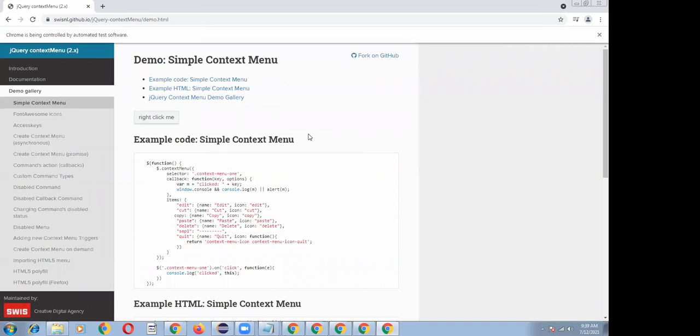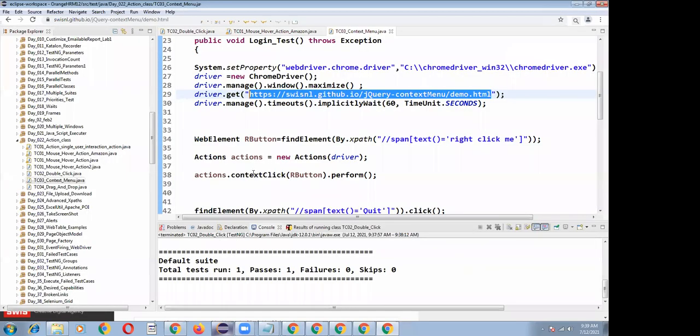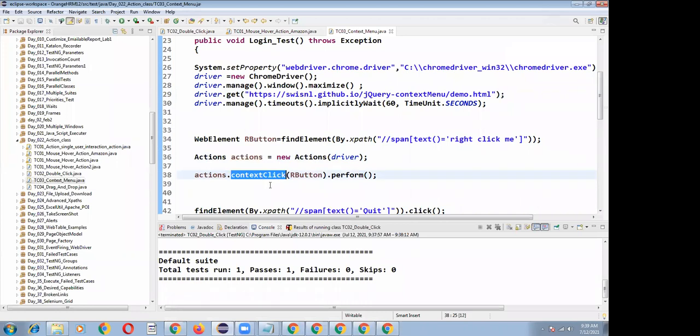So far we don't know how to do right click in Selenium. To perform right click, Selenium has given the Actions class, and actions.contextClick is the method provided. It requires the web element object, dot perform, so that it will perform right click on the required web element.